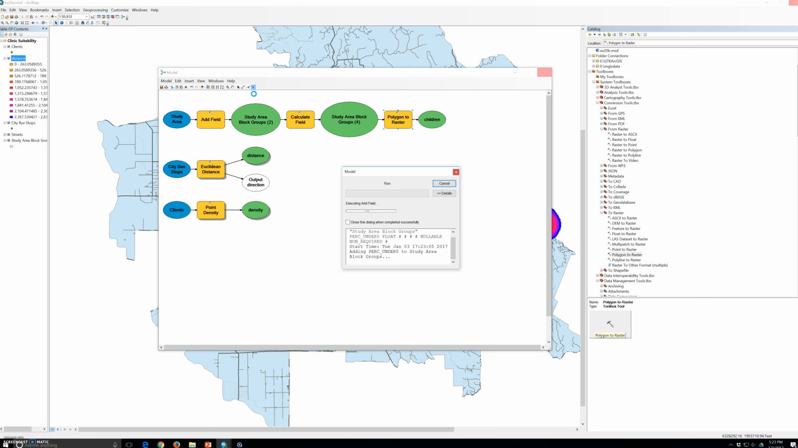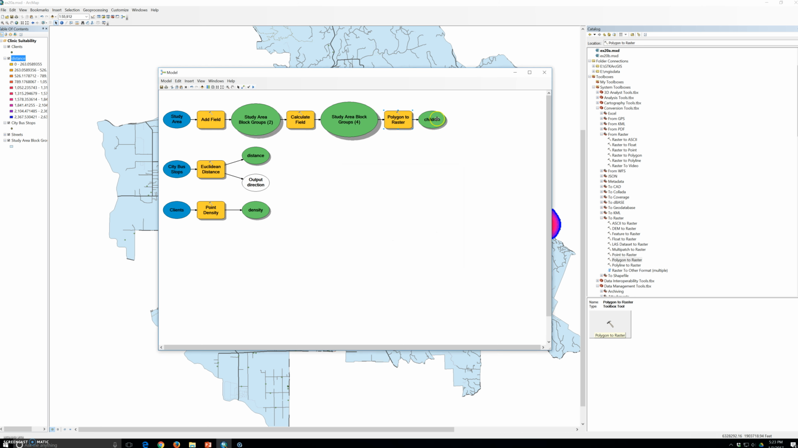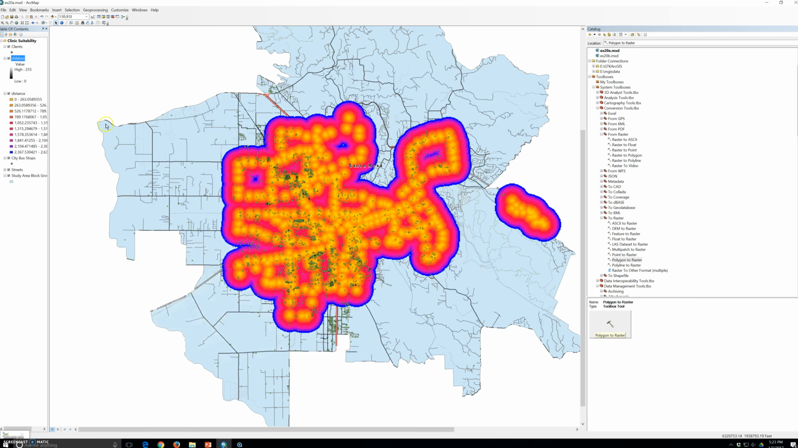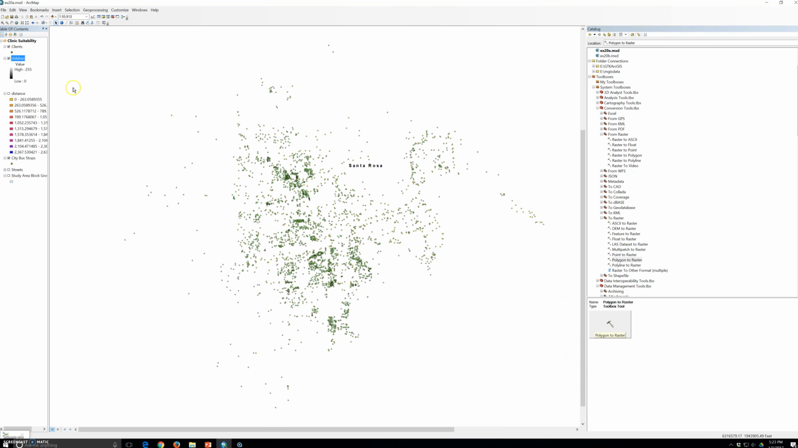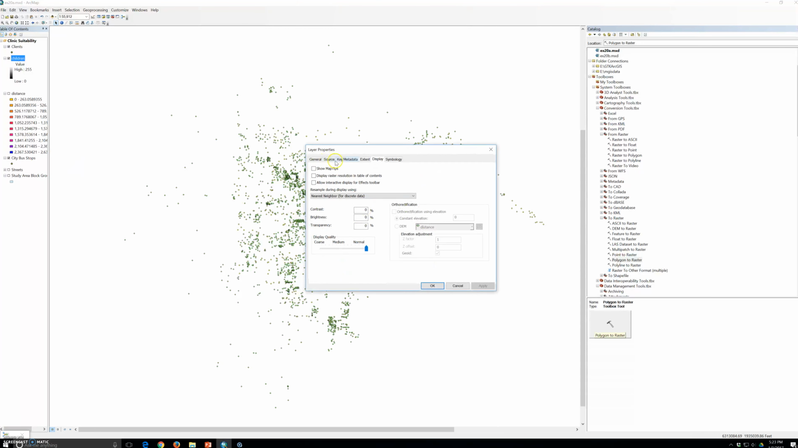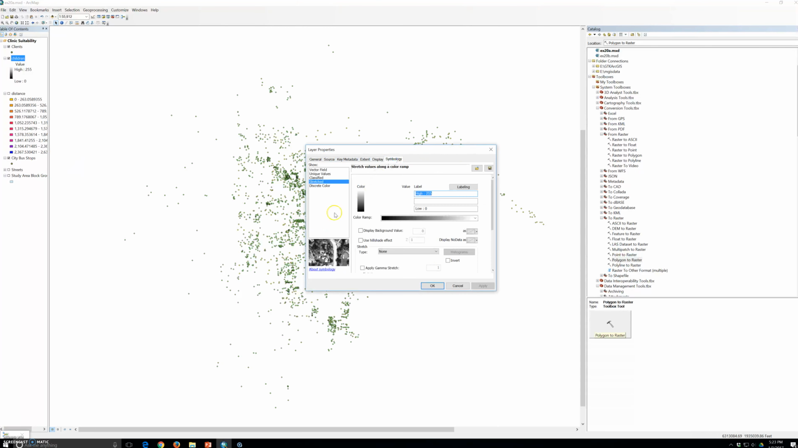And then finally, we're going to change the symbology of the output layer using a stretch color ramp with darker colors representing higher percentage. Add to display. Stretch, and we're going to